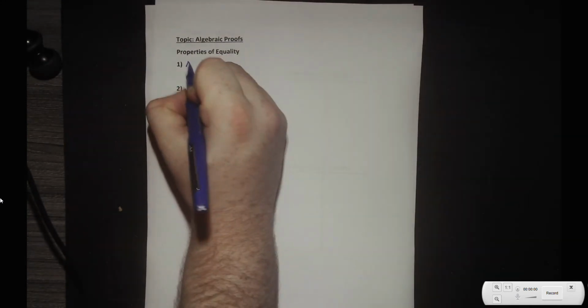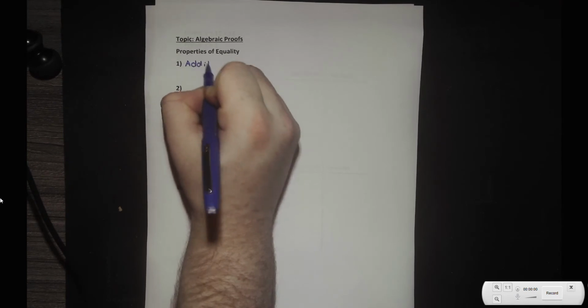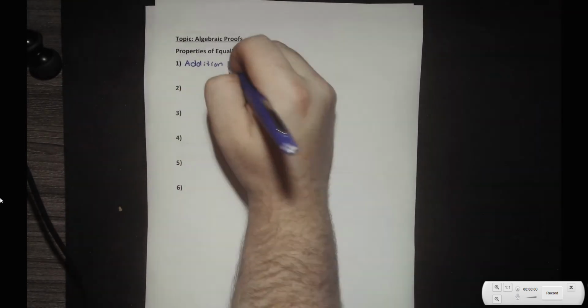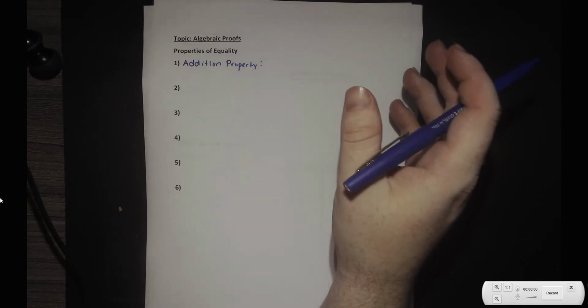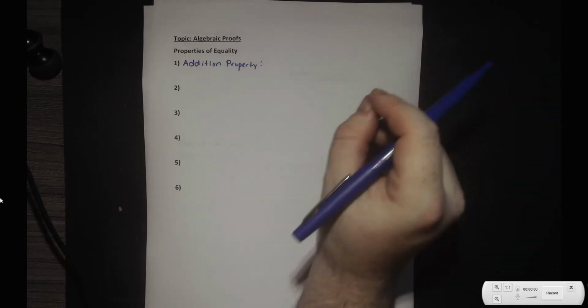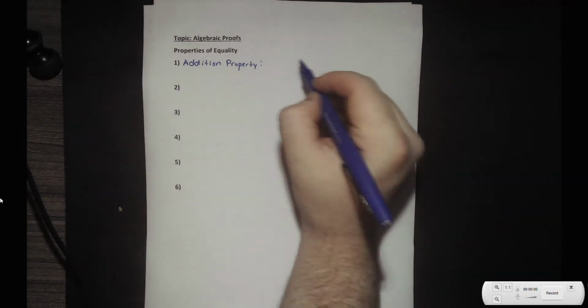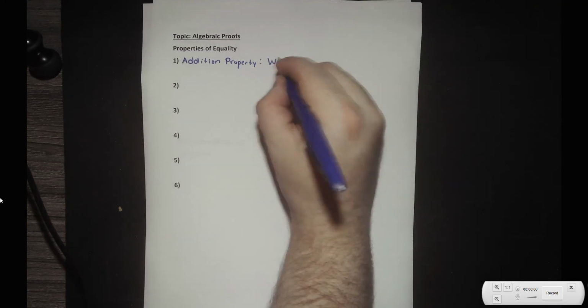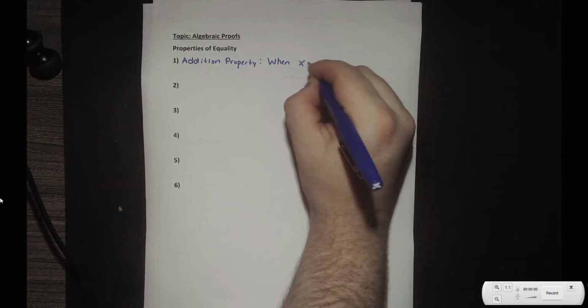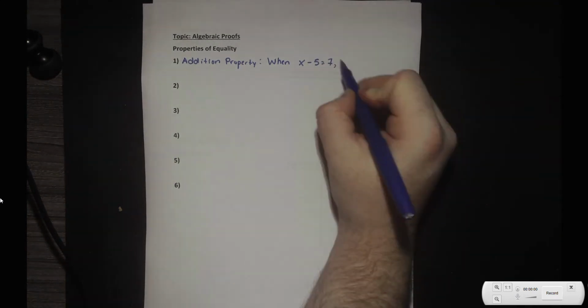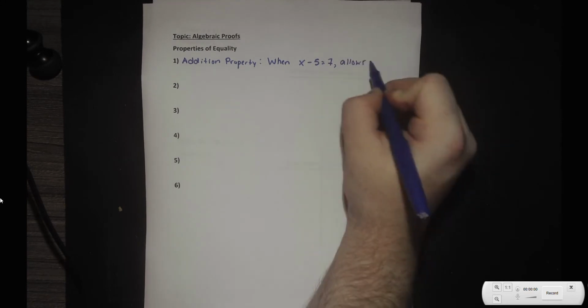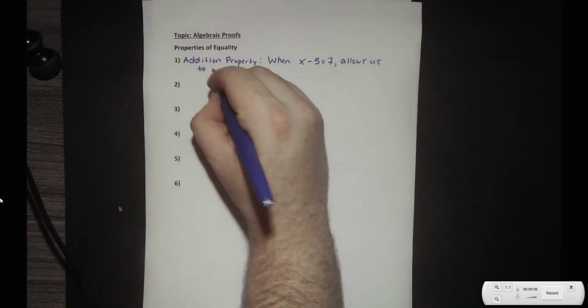So what we're going to get is the addition property. Now there's a general definition to the addition property, but for my students, I just list an example. So when you have x minus 5 equals 7, the addition property allows us to add